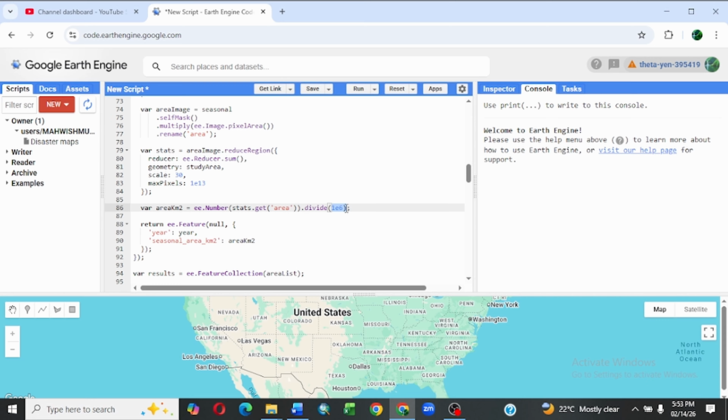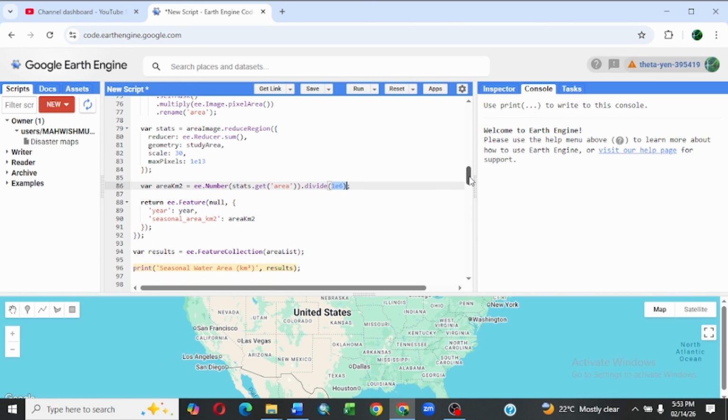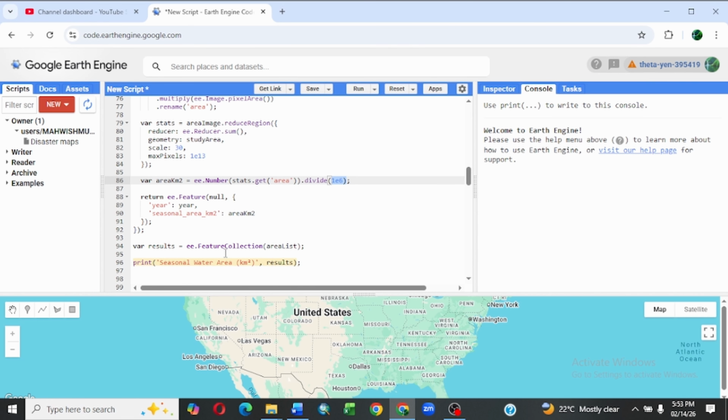So we convert area to square kilometers. So we store an ee.FeatureCollection area list. This creates a table with year and seasonal area in square kilometers.